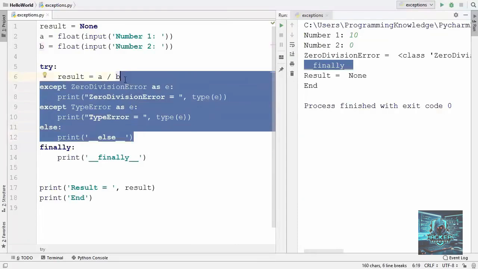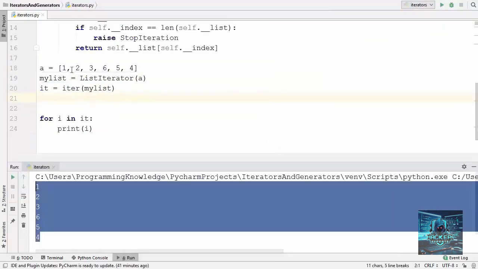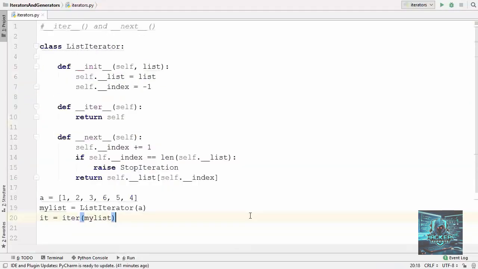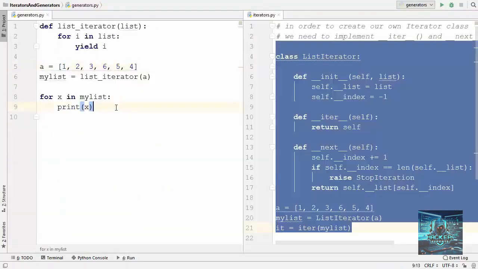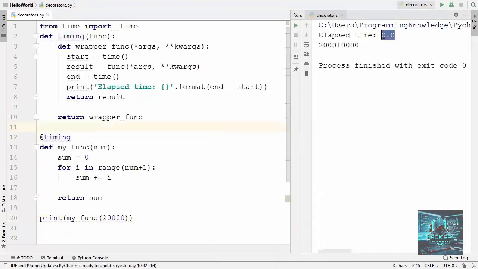Next, we will see how we can handle exceptions using Python programming. Then we will move towards some advanced topics like Python iterators, generators, decorators, and also we will cover some functional programming concepts using Python.